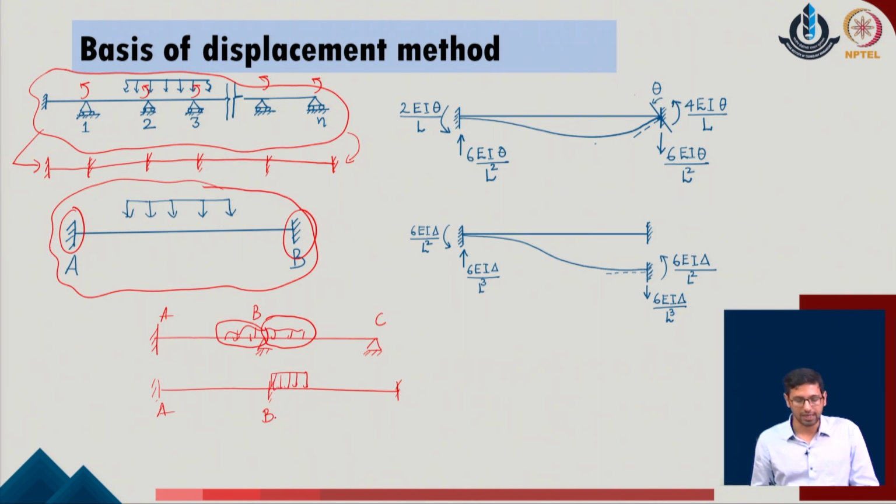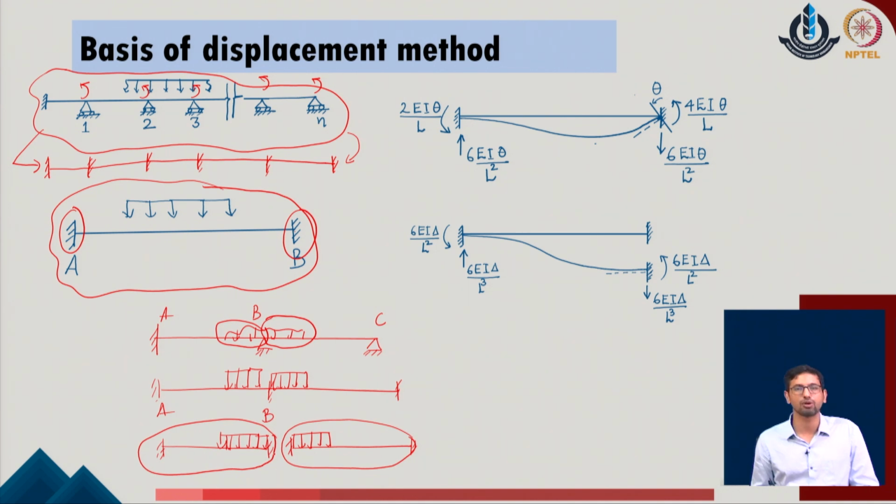This is as simple as saying that if I have a load active on this span and the members are restrained fully for any kind of translations and rotations, I can break the system into two parts as well, having both of their supports intact and completely fixed and subjected to the loads as defined originally on their span. So, any load appearing on the span BC is only going to affect the support reactions at joints B and C. Any member load active on the span AB is only going to affect the support ends at A and B of the given problem.